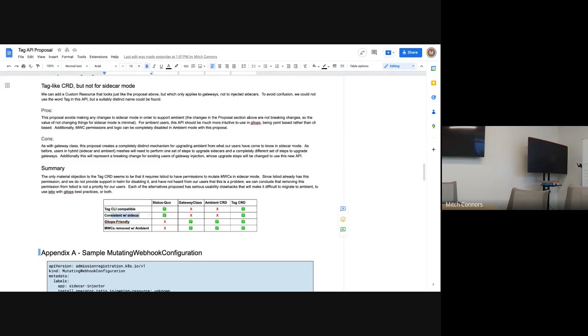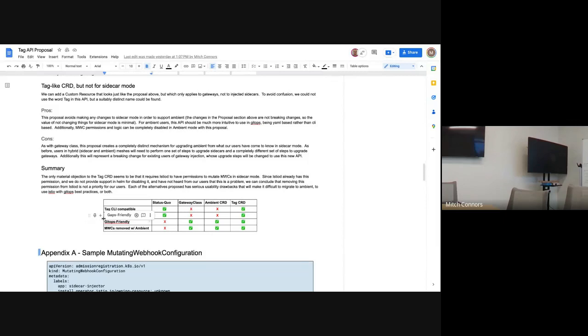Consistent with the sidecar. In other words, you would use the one API or command to upgrade both ambient waypoints and Istio sidecars, as well as standard Istio ingress and egress gateways. I think really having 2 mechanisms for doing this, so that you have a sidecar upgrade step and then a waypoint upgrade step, is not a good idea personally.